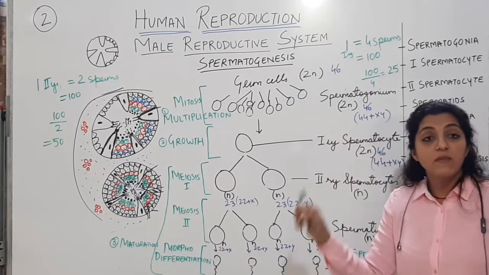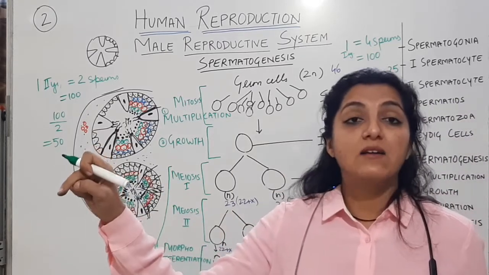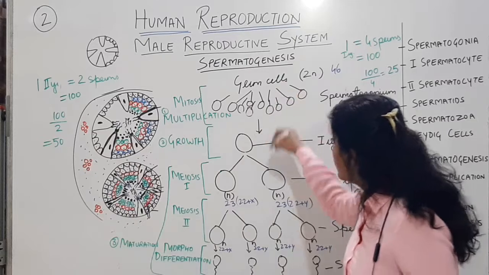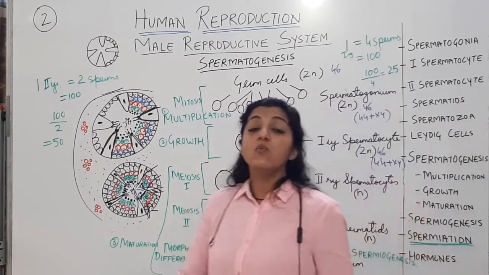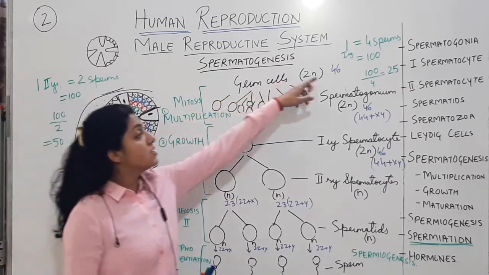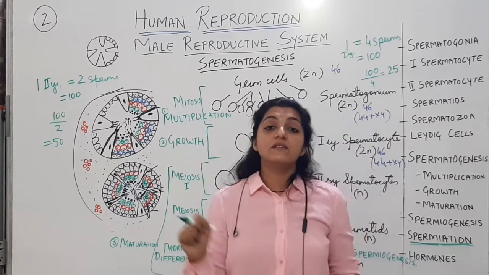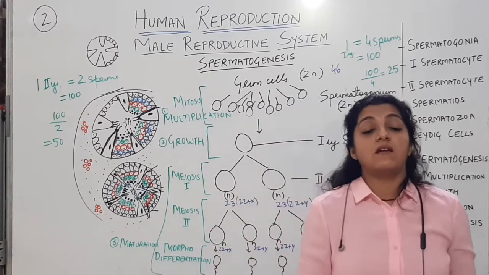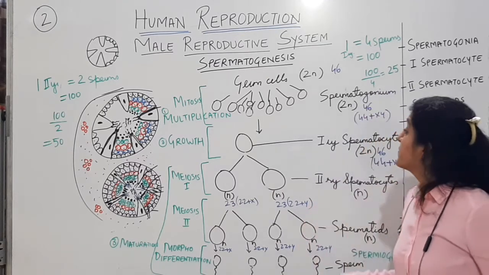Just do this with me. If you have not done, just go back in the lecture. Just go back to the lecture and start making this with me. Start writing down all this with me and you will understand. And just do these calculations also. Put forward these questions and do these calculations. See if you understand. If you don't understand, just give me a call. Okay?